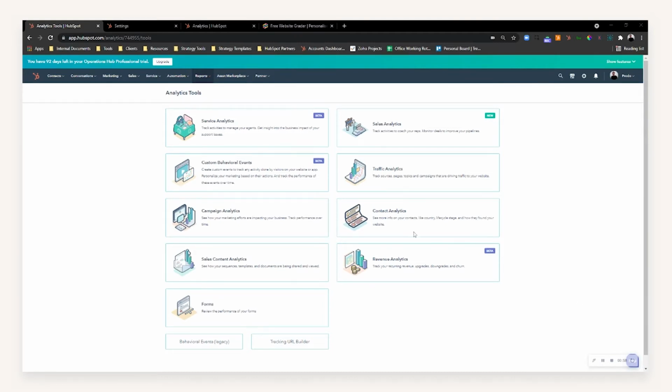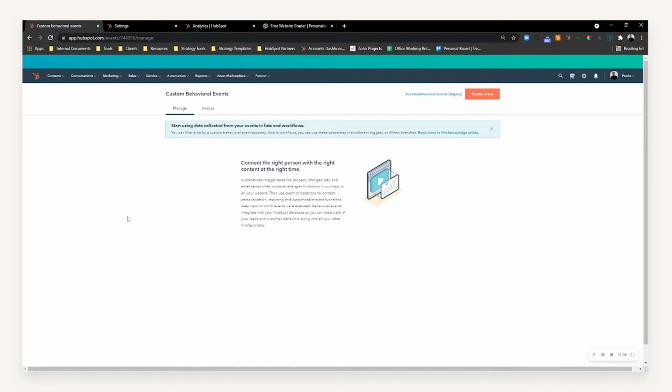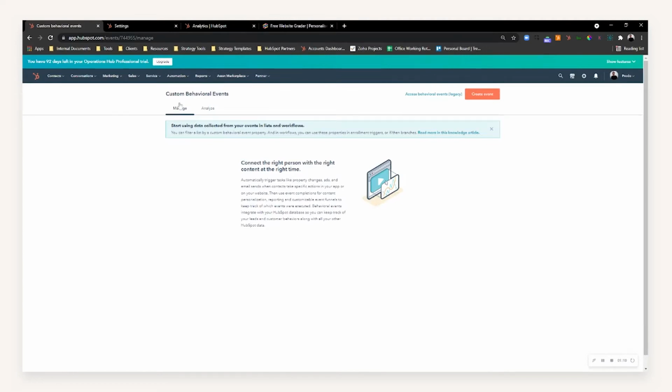So the first thing you're going to want to do is head over to Reports and Analytics Tools and check you've got the feature within your portal, as it is, at the time of recording, in beta. If you click on that, it will simply take you to the library in your account for all the custom